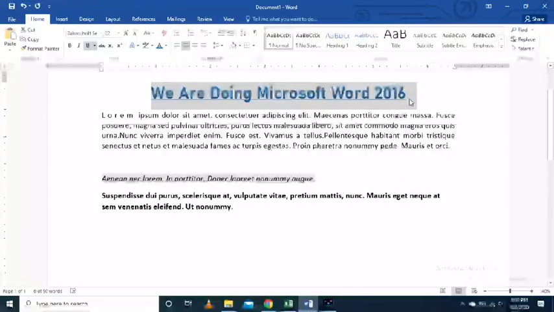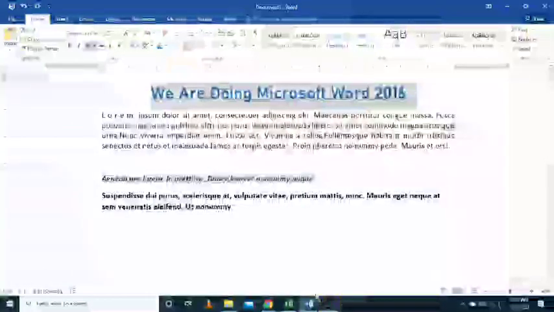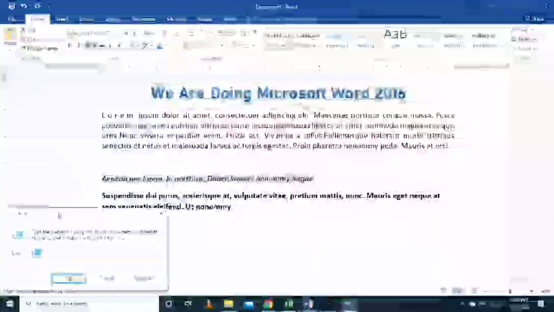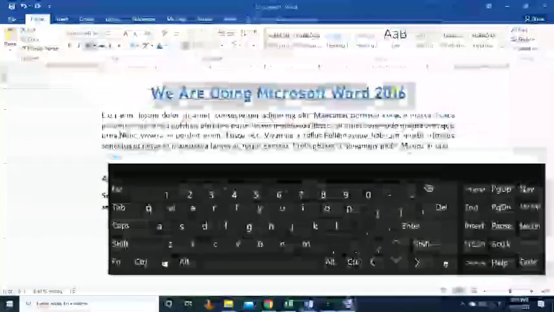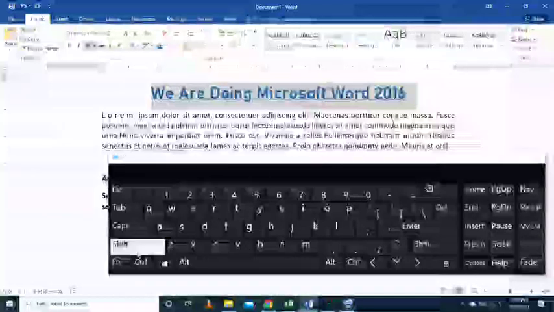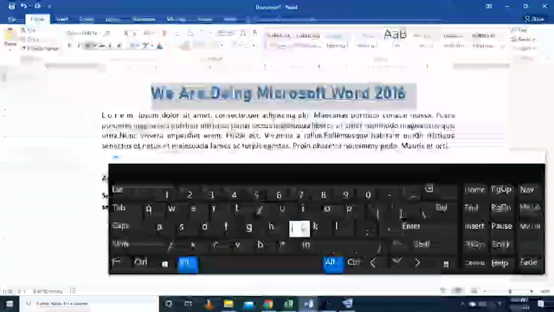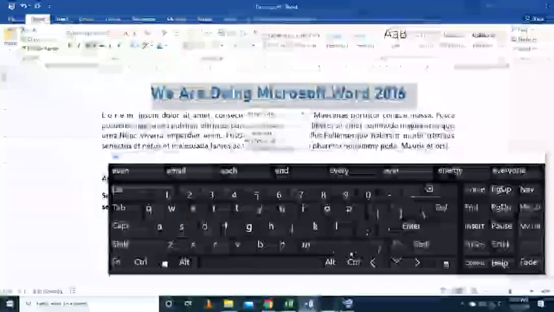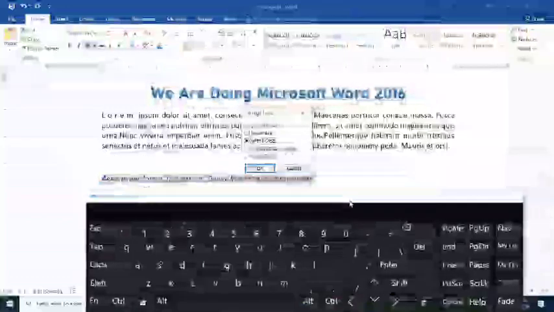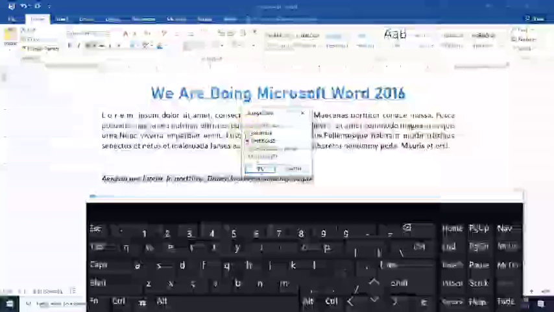The shortcut, again. In order to do that, you have to press Alt O, then E. Alt O E, then you can select whatever option you want and click OK.